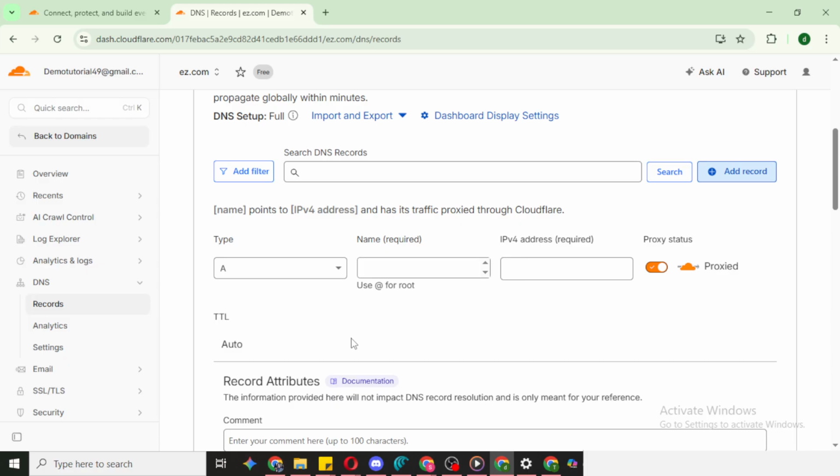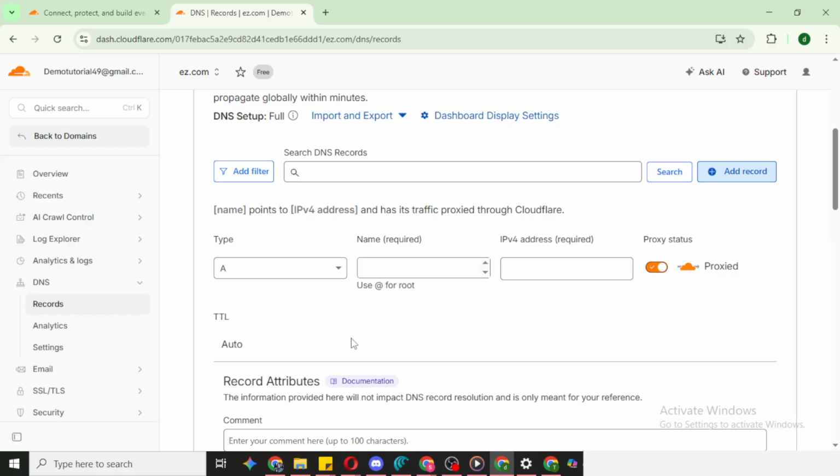Next, enter the IP address. This should be the public IPv4 address of the server that will handle the traffic. Double check it with your hosting provider or control panel to make sure it's accurate. Entering the wrong IP will cause downtime or misrouting. If you're migrating providers, confirm you're using the new server's address.